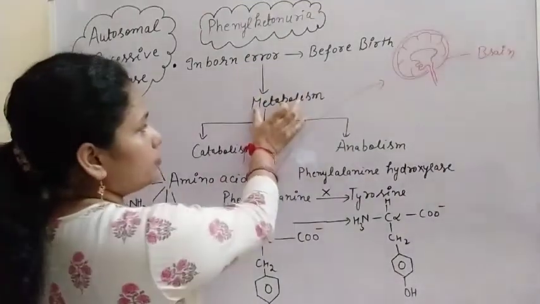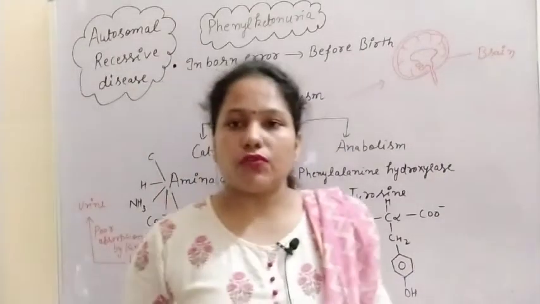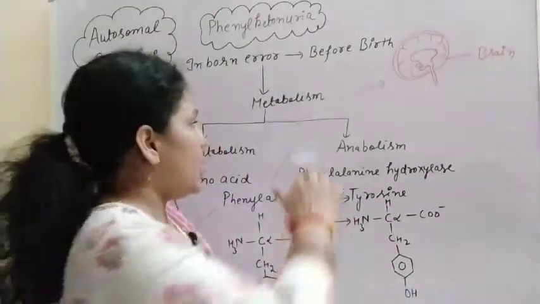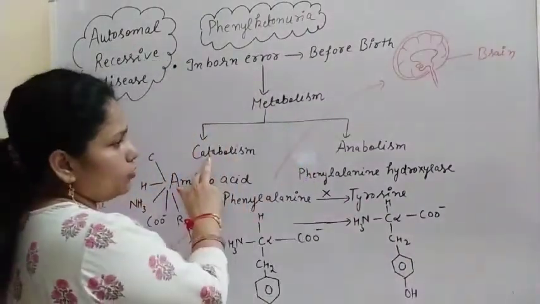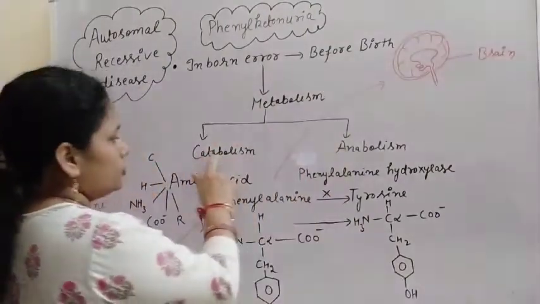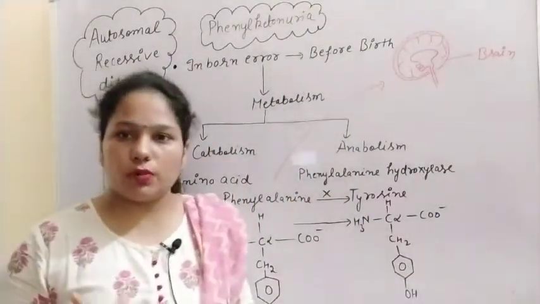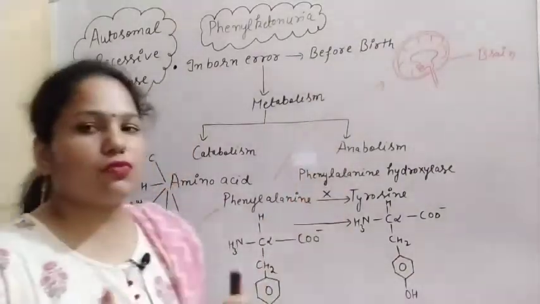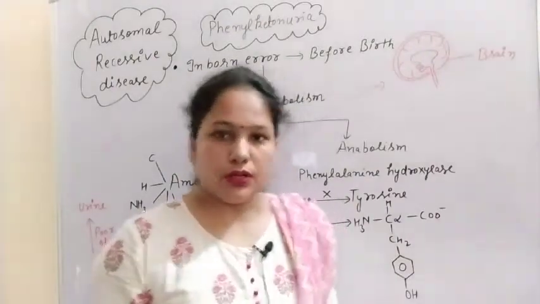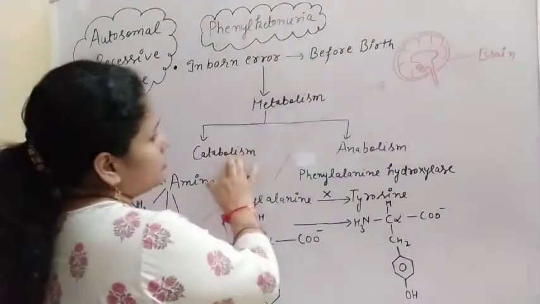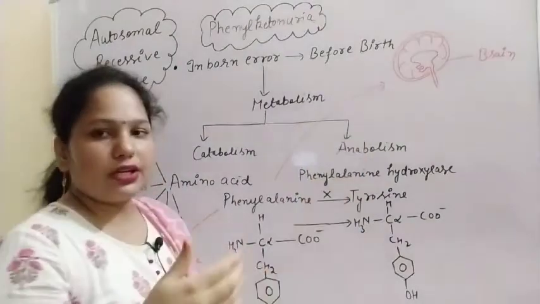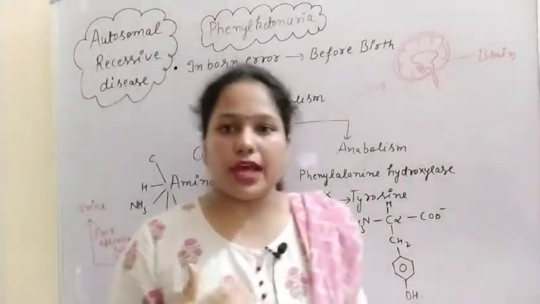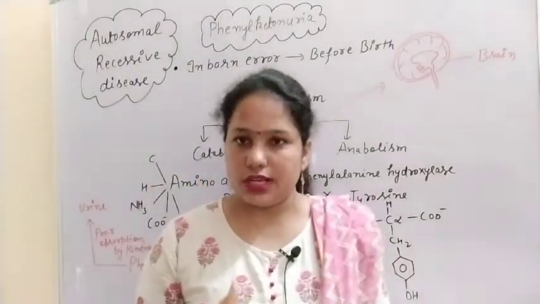So what is metabolism? Metabolism is the sum total of chemical reactions that are taking place in our body. And this metabolism is of two types, catabolism and anabolism. Catabolism is the breaking of complex molecules into simple forms, and anabolism is the making of complex molecules from simple ones. Both these processes occur inside our body, and if there is a defect in the metabolism, then there will be a disease, and that disease is